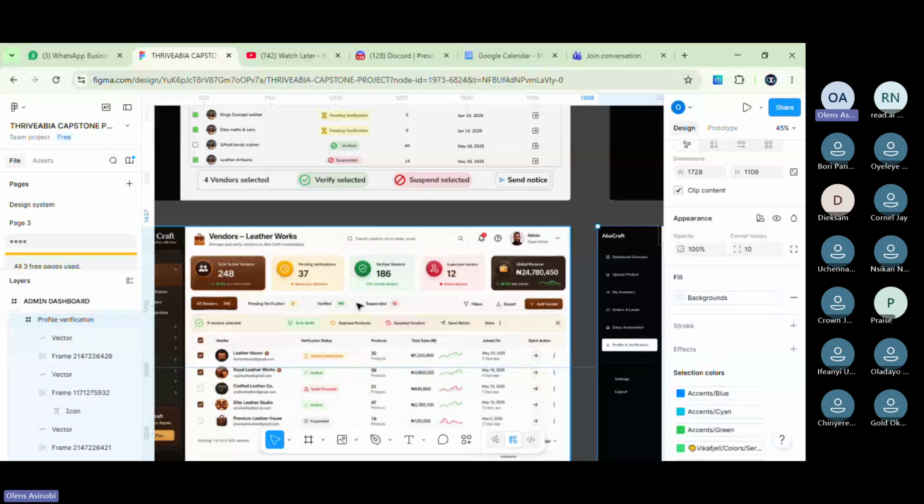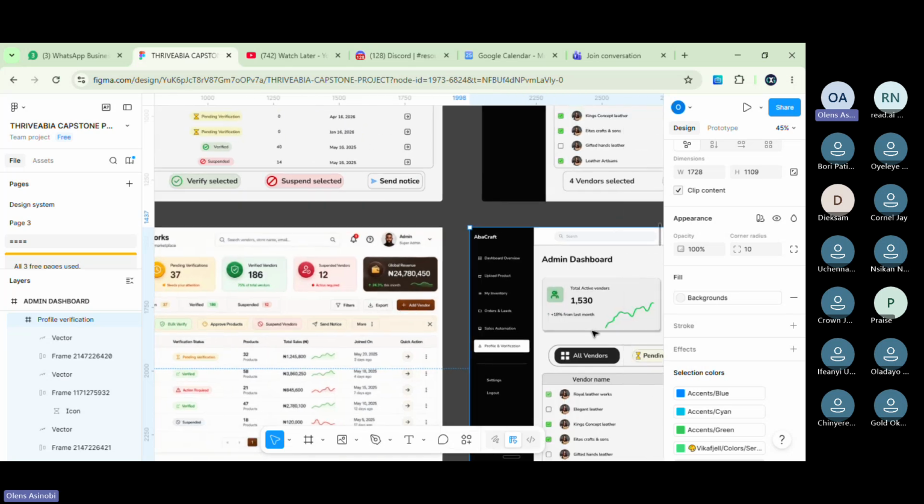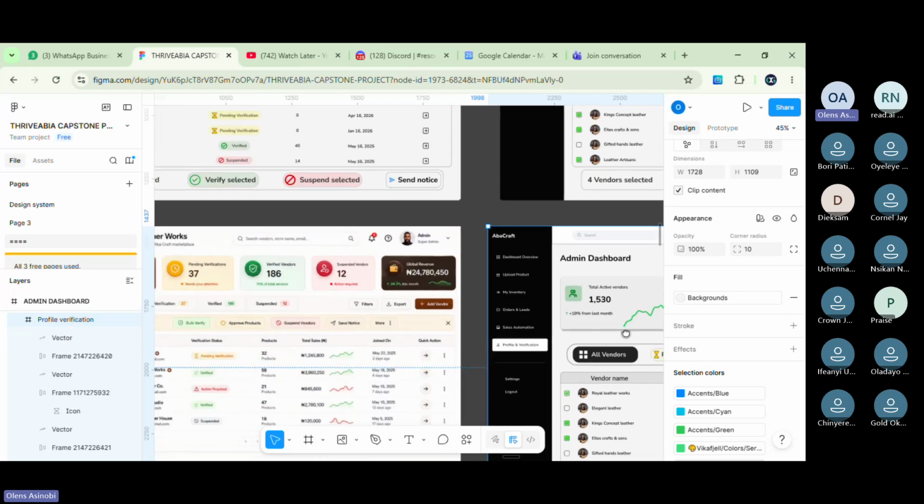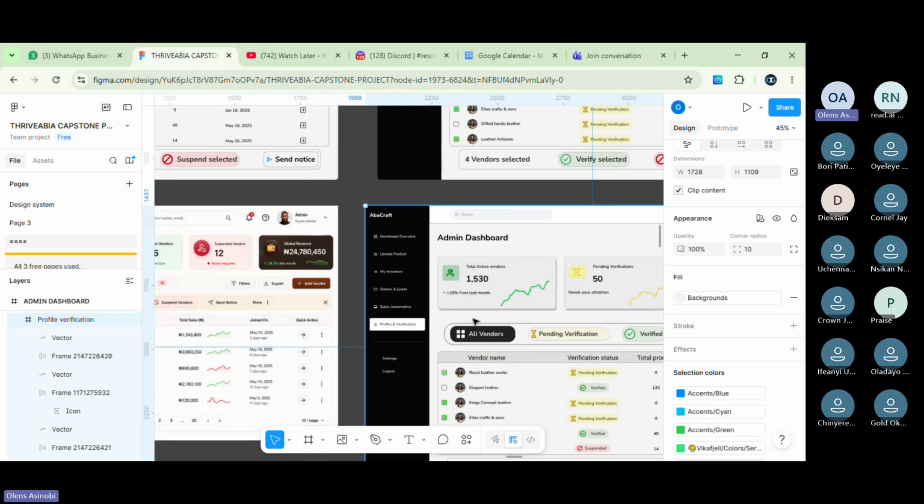I'm always open. As a UI/UX designer, it is your job to be innovative and spot what is wrong and speak up. Let it be that after you have spoken up, then I will tell you, okay, this is why this is like this, and this is why this is like this. Then it will make sense to you. But if something doesn't make sense to you, you have to speak up. You understand? So I was expecting that, okay, that was what the document gave you, fine. But you came up with your own innovation. Let me see it finish and then start asking you, why did you do it like this, at the end of the day?